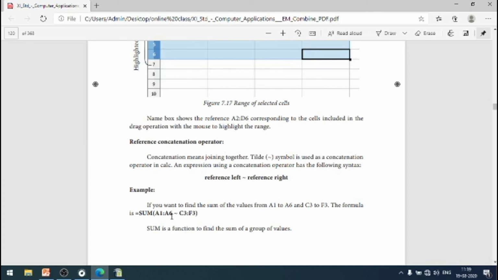The range of values from A1 to A6 plus the range of values from C3 to F3 are going to be added. So SUM is a function to find the sum of a group of values. You understood? Actually, the reference concatenation operator is the tilde symbol. Here the values from A1 to A6 plus C3 to F6 are going to be added.